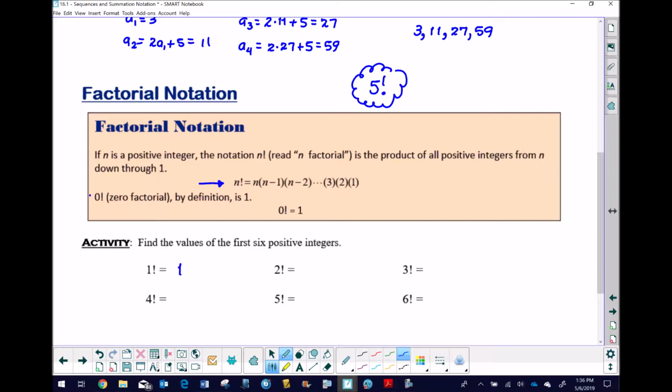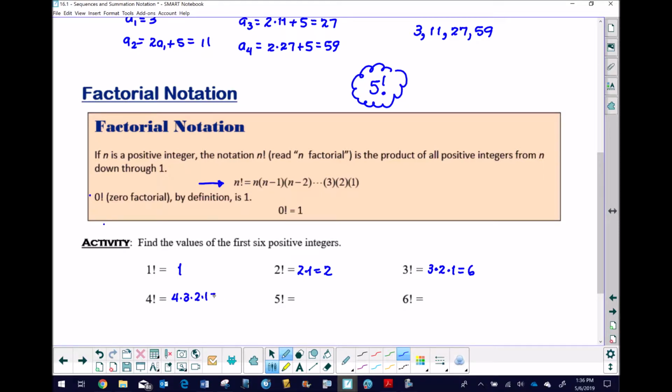2 factorial, what do you think that is? It's 2 times 1, which is 2. Yeah, it's pretty easy. 1 factorial is 1, 2 factorial is 2. Oh, therefore 3 factorial is 6. Yeah, you're right. Good. I'm seeing if I could get you tricked. 3 times 2 times 1. Good. 4 factorial is